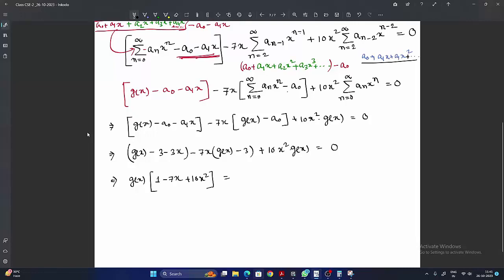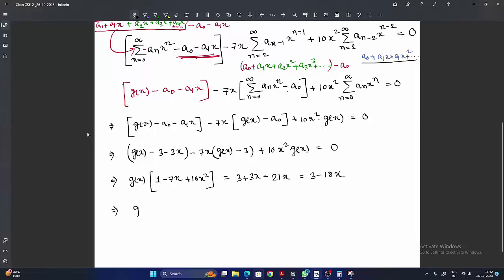And take the other terms to the right hand side. Other terms means minus 3 will be 3, minus 3x will be plus 3x, and here minus minus plus 21x. So on the right hand side it will be minus 21x, so it will be 3 minus 18x,